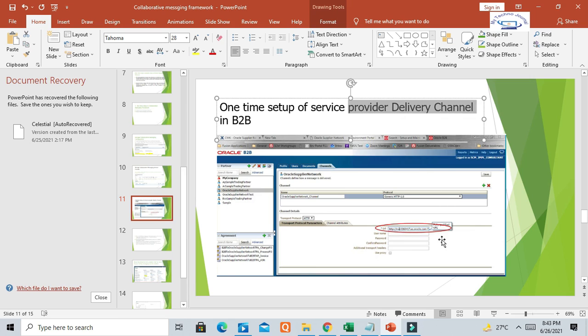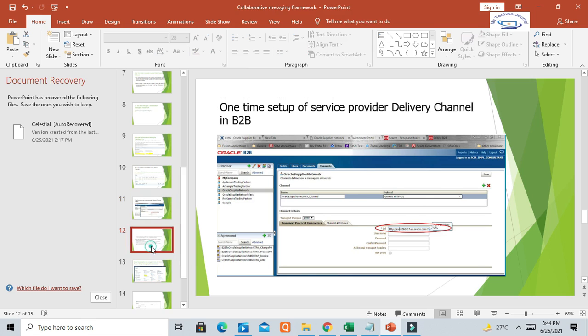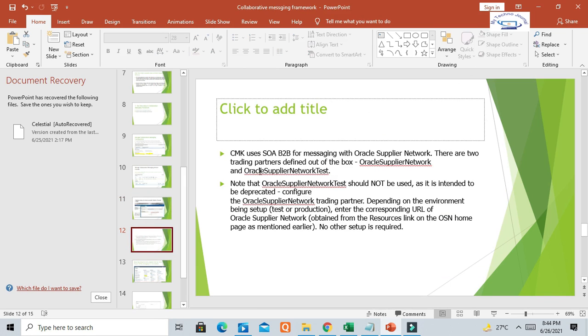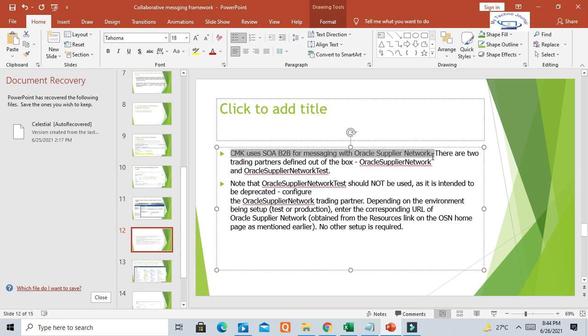It will identify and look for the username and password and send the message accordingly. We'll see how we can set up the delivery channel in B2B setup. You can see CMK uses SOA B2B for messaging with the supplier network.